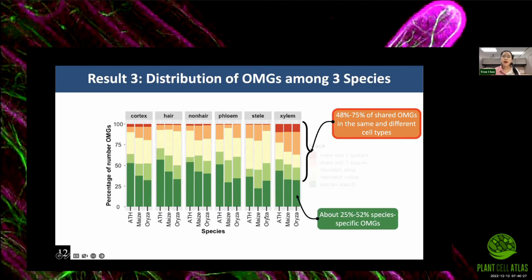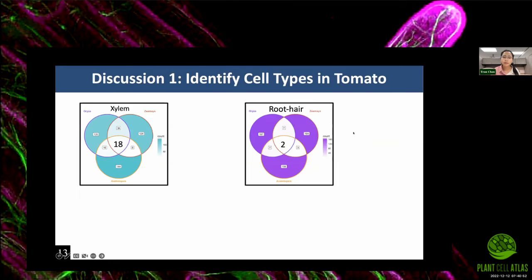The most interesting thing we learned from this result is that even though 3 plant species all look very different, there's only around 25 to 52% OMG that is species specific. It means that more than 48 to 75% OMG is shared OMG in the form of either the same or different cell type. And then after we found the common OMG in 3 plant species, we use it to identify